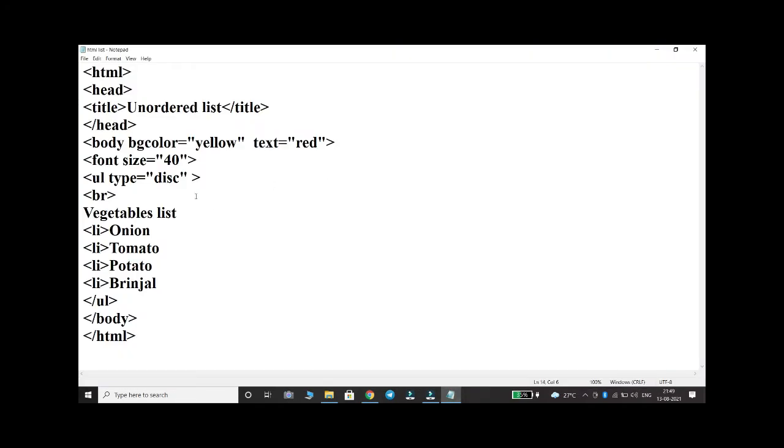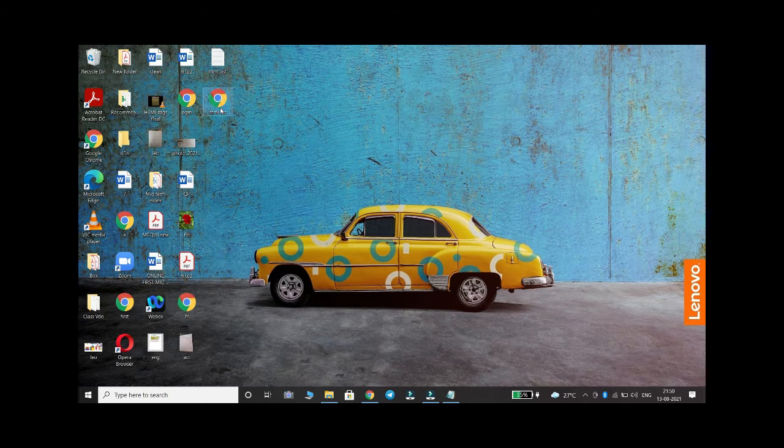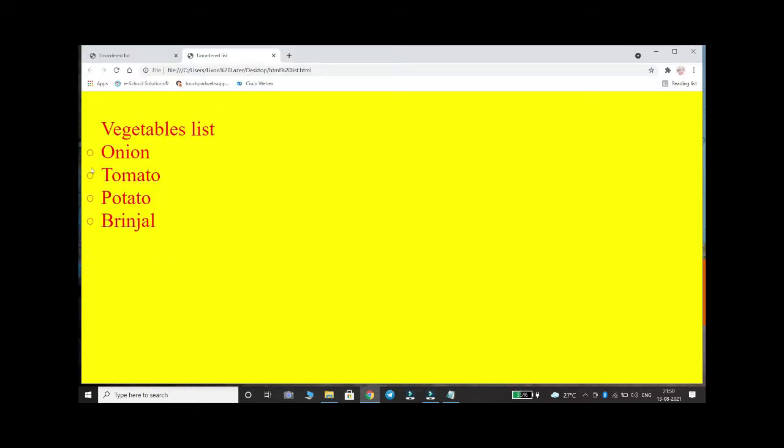Here instead of disk I am giving circle. Then open the program. See the changes. This is circle. The type of UL tag is changed to circle.